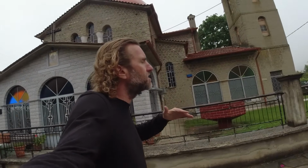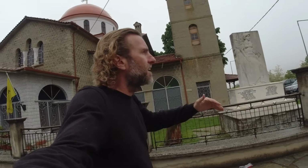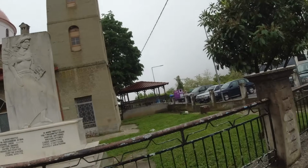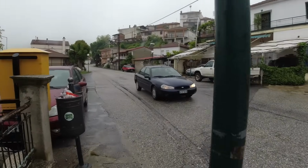Also, I saw a sign for Igoumenitsa, as I mentioned. That is the ferry port going to Corfu and then to Italy. And so there was a sign pointing towards Igoumenitsa in a different direction. So I think that is a different way. And I might end up coming back that way